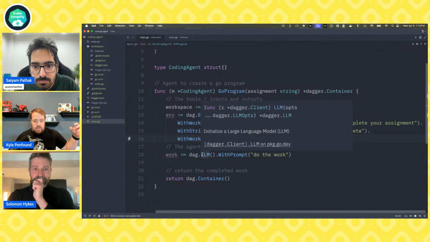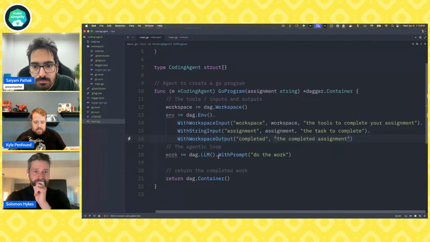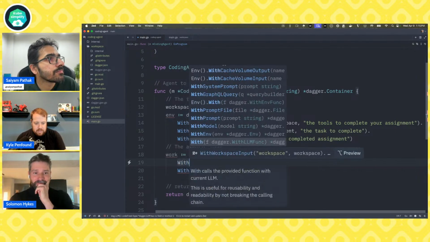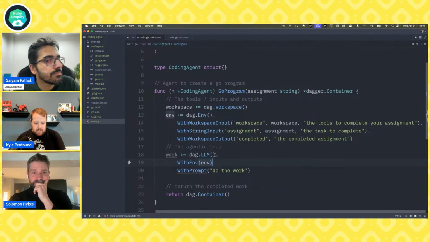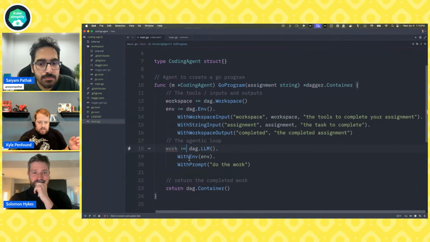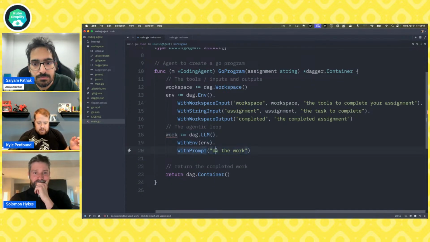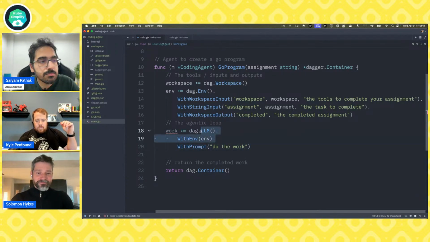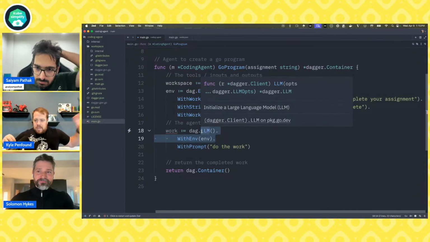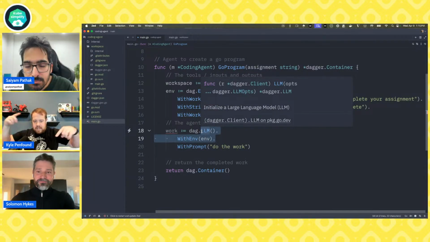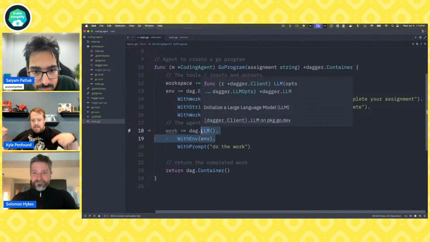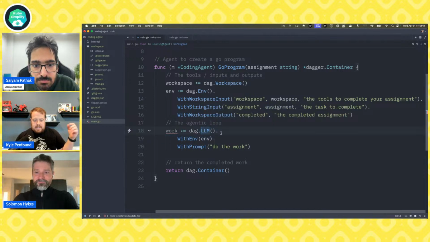So we've got our environment. We want to now mesh it with our LLM and say, here's your environment. So we had our with prompt. Let's just say before that, with env. And so now this thing is basically an agent. We'll have to work on this prompt for a second, but this is basically it, right? We have our LLM in the environment, and within this space, it's going to be able to do that diagram that we saw earlier: calling some tools, making some changes, getting some feedback, and iterating until the LLM's decided that it's finished its work, and then it will give that back to us.